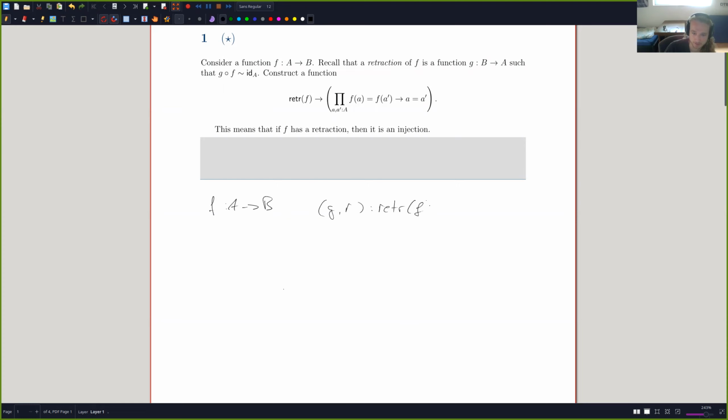retractions of f, and that is by definition the sigma type of functions g from B to A, which are left inverse to f. So g composed with f is homotopic to the identity on A. And we want to construct such a function from the retractions of f to the injectivity proofs of f. And so at first we assume such a retraction,